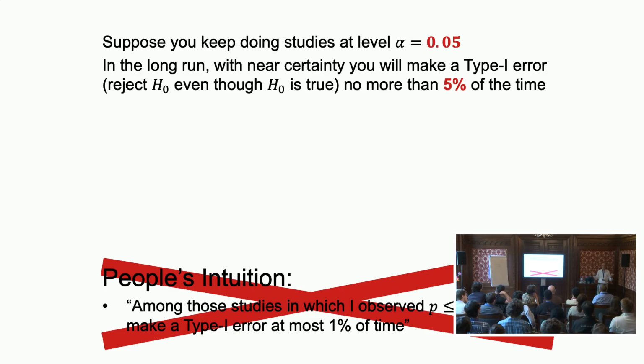Because if indeed you're in a world where the null is usually true, some subfields of psychology have that problem, it's almost always true, they're called null fields. Every now and then you will see a p-value smaller than 1 in 100 times. Given that you see a p-value smaller than 1 in 100, the probability that you make a type 1 error is still 1, not 0.01, because you always make a type 1 error if you reject. So this cannot be it. So we need to do something else.